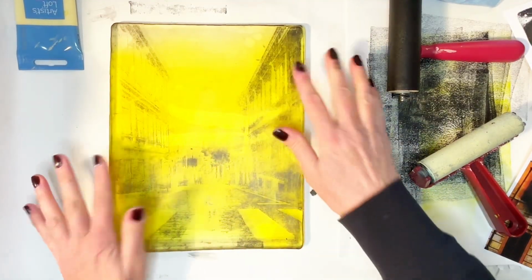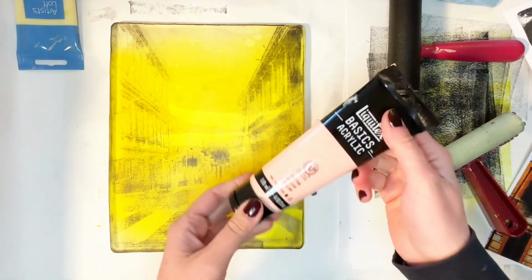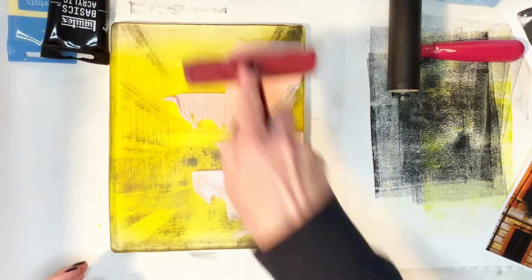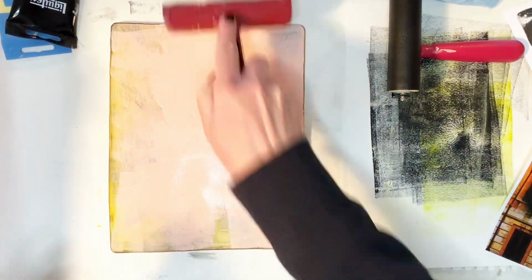Here we are. Everything's dry and ready to go. And I'm going to pick another color to pick this up with. Again, I'm going to stick with something light. This is light pink. I don't know that I'll ever do anything with these. Probably not. They may end up in a collage, but I really just wanted to do